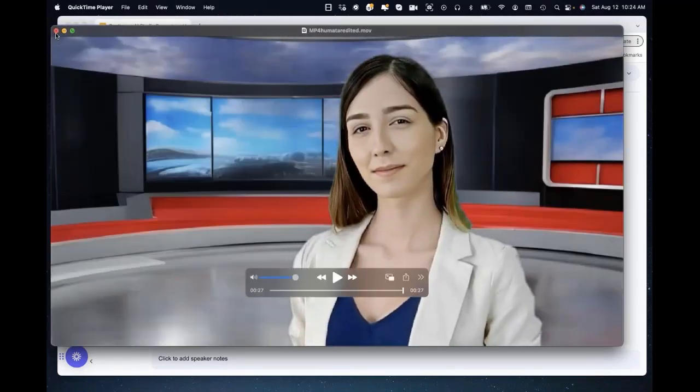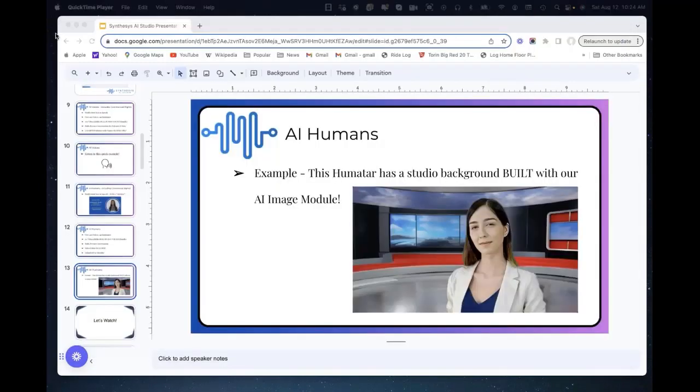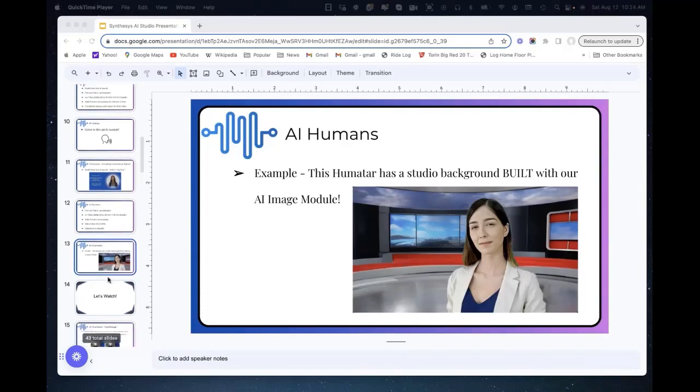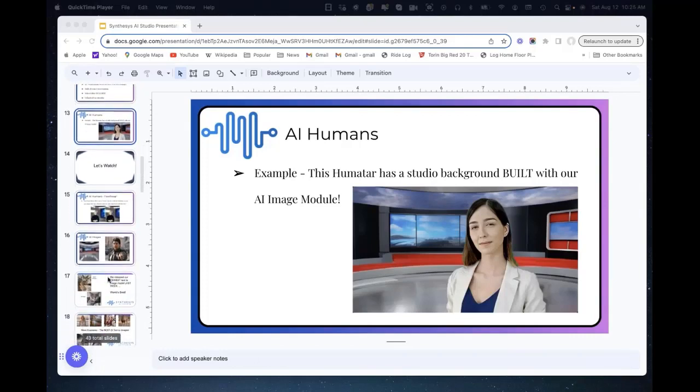Wow, she's smart. She knew we were launching on the 12th, which is today. You are absolutely right. We are launching today, and you have just seen something really, really cool. And that is, of course, one of our better Humitars, one of our real human-based avatars that is actually performing right before your very eyes.